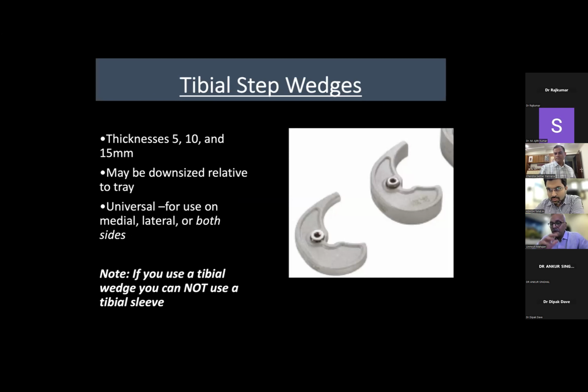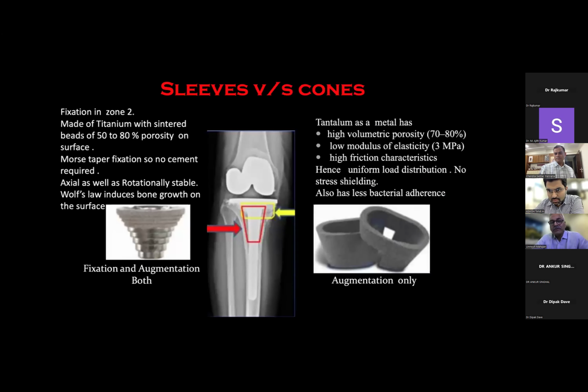Of course, you can't use the wedges with sleeves. If you're using sleeves, it has to be only sleeves, no wedges. A wedge can be used only if your defect is very small and on one side, medial or lateral. Of course, when you look at sleeves and cone,